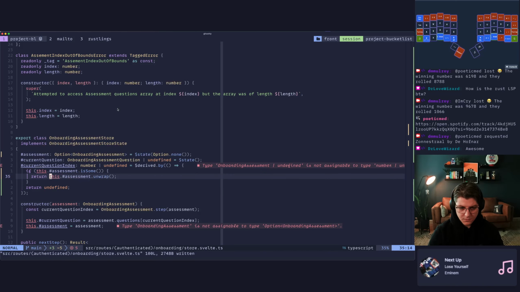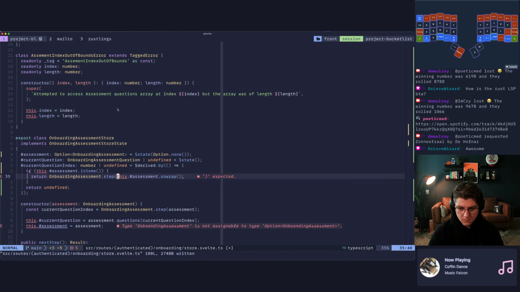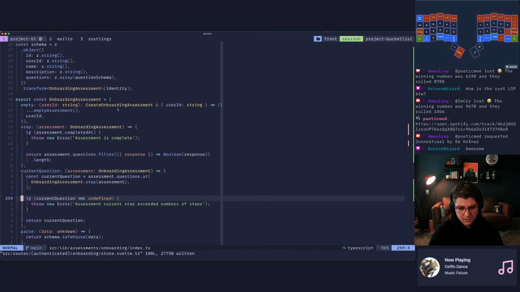Oh, I guess I need to do OnboardingAssessment.step. Yeah, I wonder if that is step filter response boolean response.length. I'm not sure if that's right.